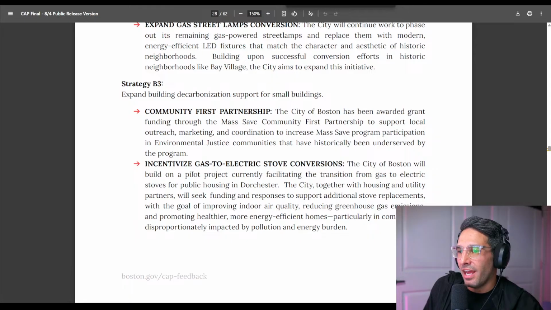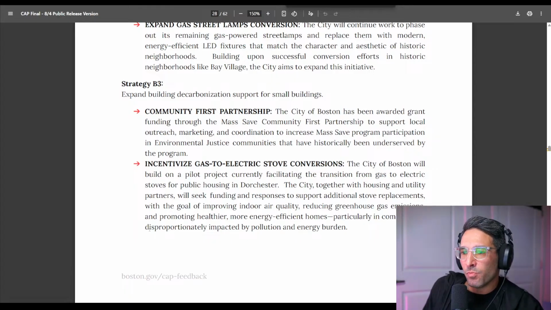Incentivize gas to electric stove conversions. The city of Boston will build on a pilot program currently facilitating the transition from gas to electric stoves for public housing in Dorchester. The city, together with housing and utility partners, will seek funding and responses to support additional stove replacements with the goal of improving indoor air quality, reducing greenhouse gas emissions, and promoting healthier, more energy-efficient homes,